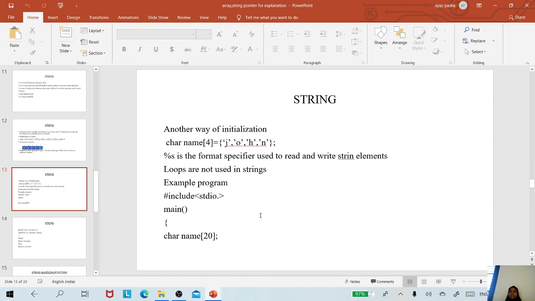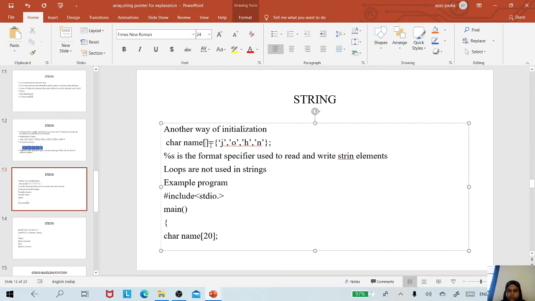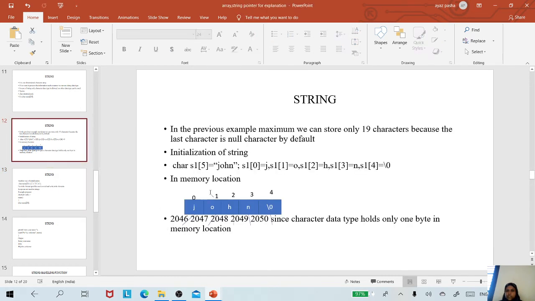Next, we'll see one example of how to initialize a string. I have declared here char name[4] JOHN, sorry, this is char of 5, same as the previous example.